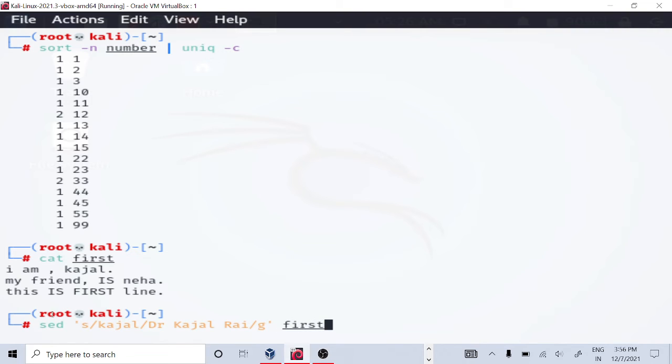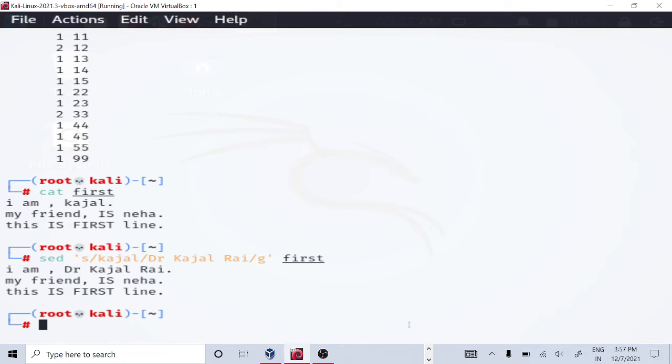Right, so I can do it very easily by using this and then the name of the file. Here s is for substitution, then the word you want to replace, then the word you want to replace it with, and g is for global replacement. That means any number of times this word comes, it will be replaced in this file. Now you can see it is replaced, right? It is very easy.